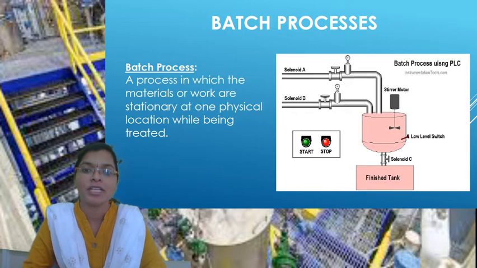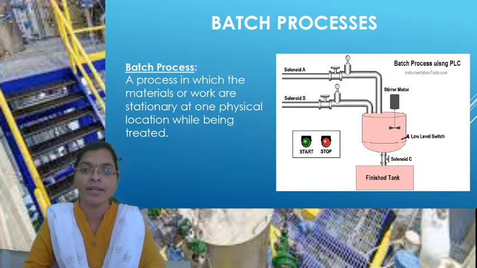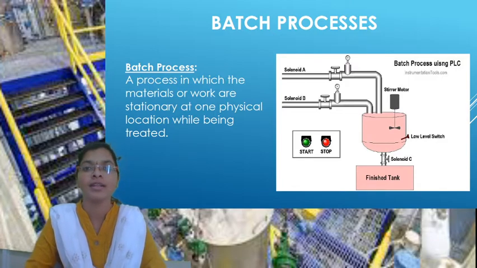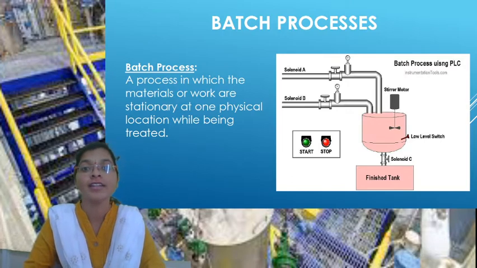What is meant by batch process? So in a batch process, in order to get a particular specific product, we perform different operations on particular materials to get the desired output. That is called a process. But what is meant by batch? We produce the outputs in the form of batches, not in the form of continuous output. For example,